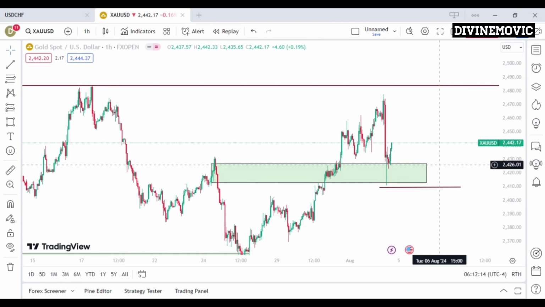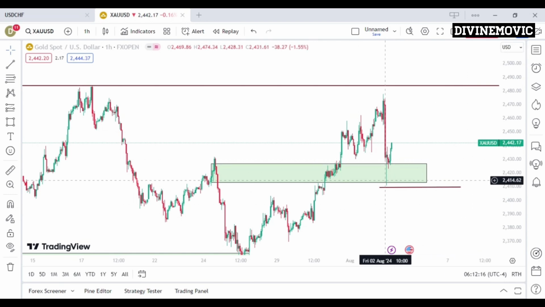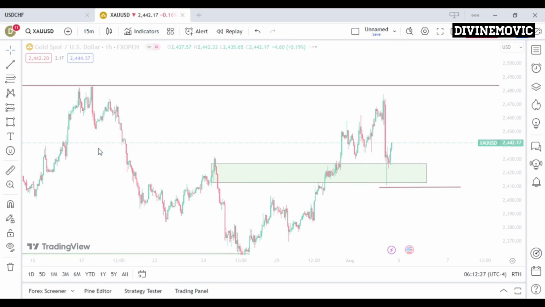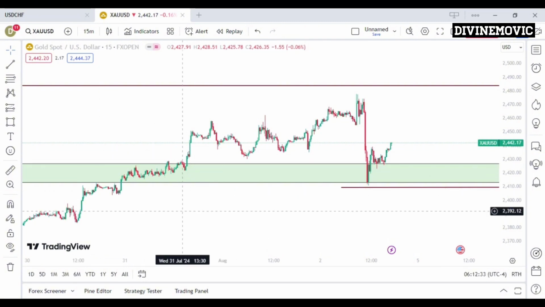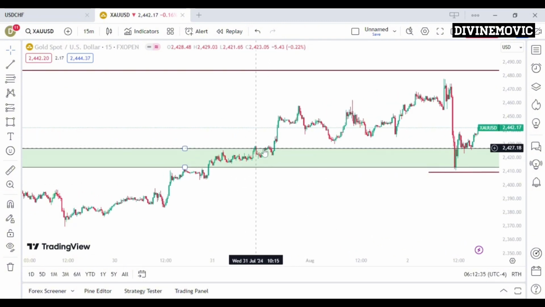But we want to understand how price is moving from this point to know if we're going to continue the buys, and at what point we are going to continue the buys, because we're clearly going to be looking for a buy. And that will be happening on the 15 minutes time frame. Now on the 15 minutes time frame, if I have to define this zone,